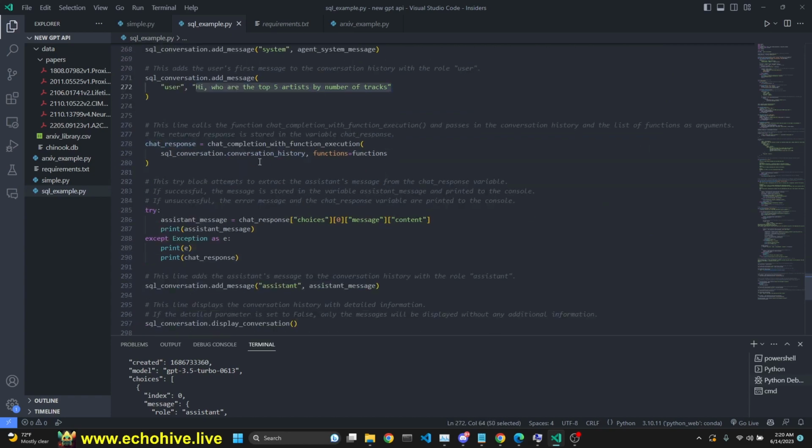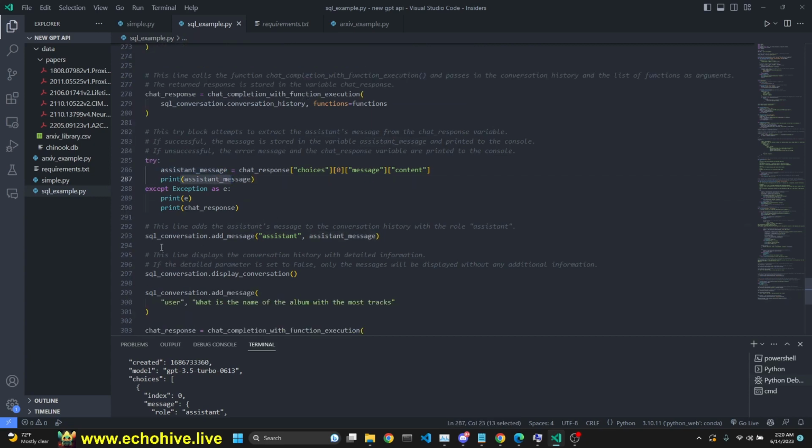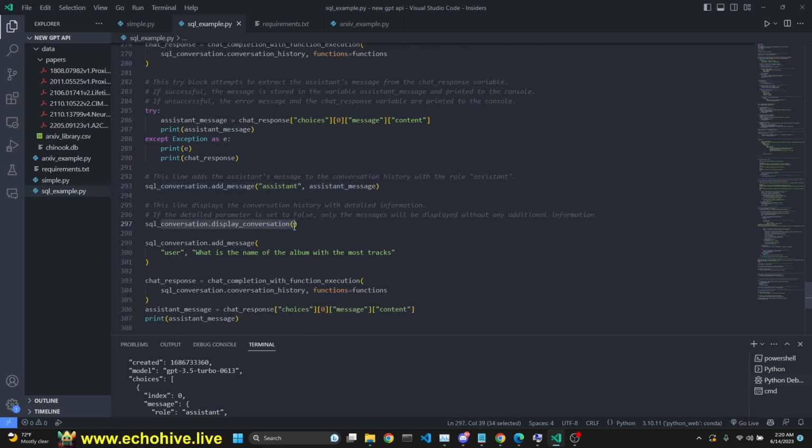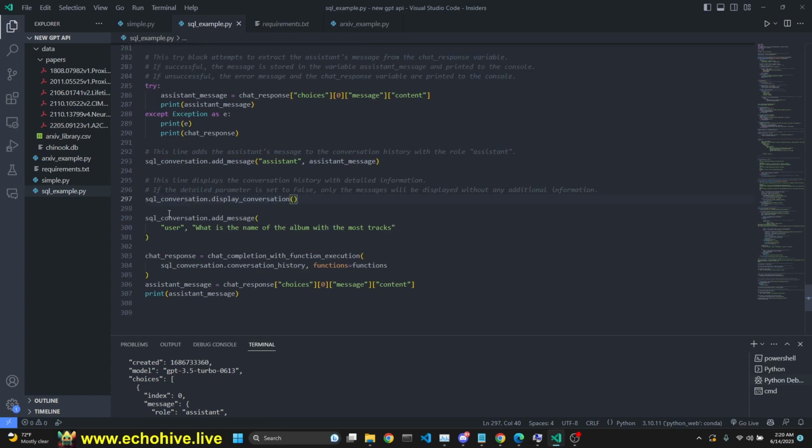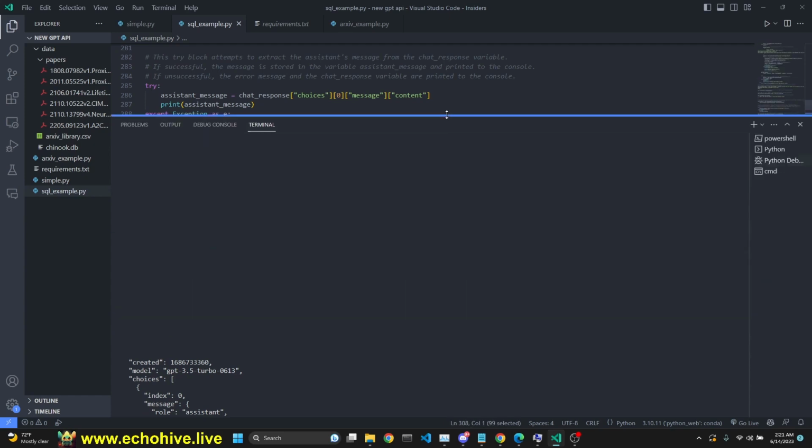And then we make a chat completion call with function execution right here. And then we try to extract the assistant message, and then we print it, okay? And then we add that message, and then we use the display conversation method to display it colorfully. And then we make a second request, what is the name of the album with the most tracks? And then we make another call, and then we print that as well. So now if we run this,